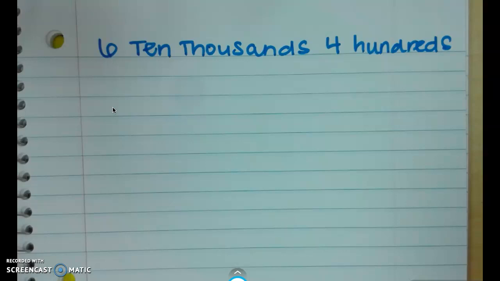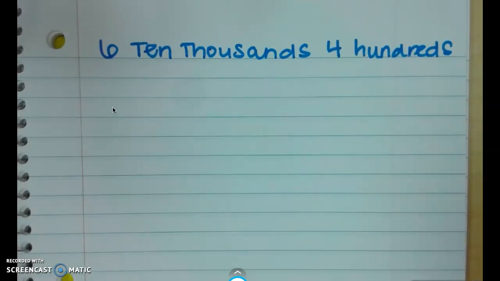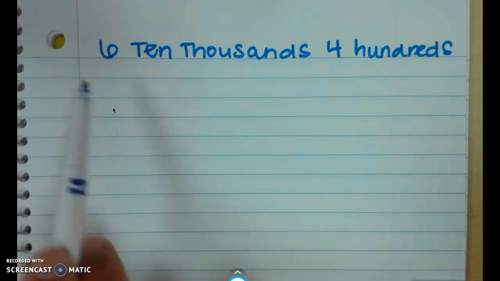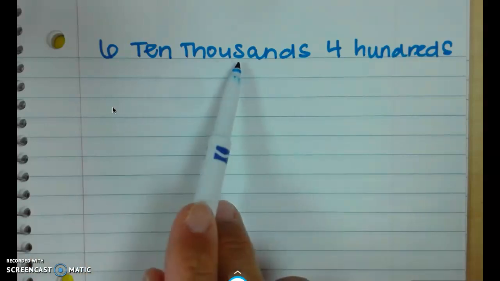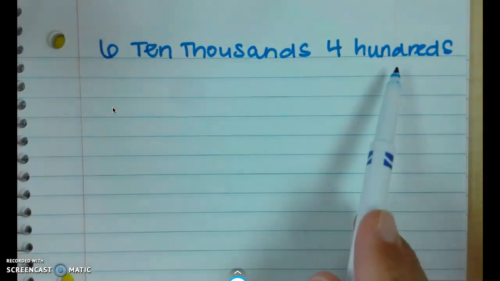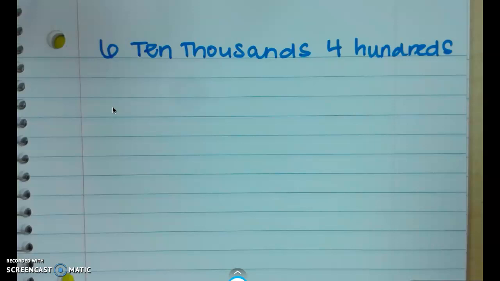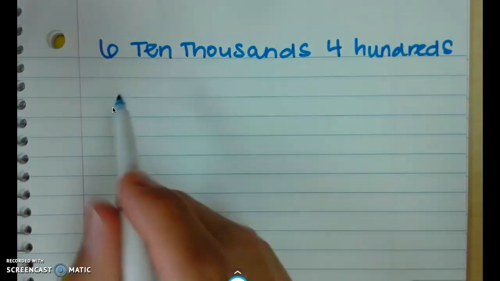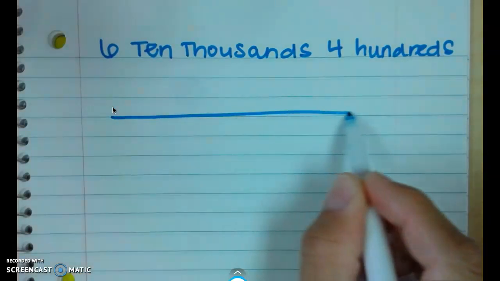I wanted to do a quick review of what you did in Zearn yesterday. During the Power Tower, you were given a number in unit form, 6 10,000s, 4 hundreds. It's really important that you take the time to draw it out in a place value chart. So to help me figure out